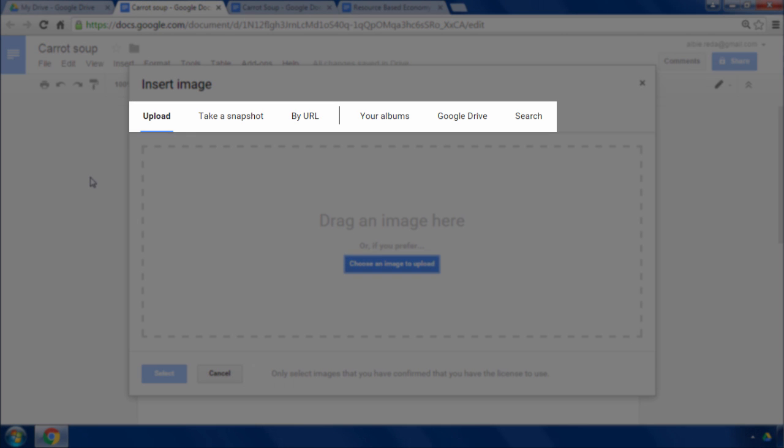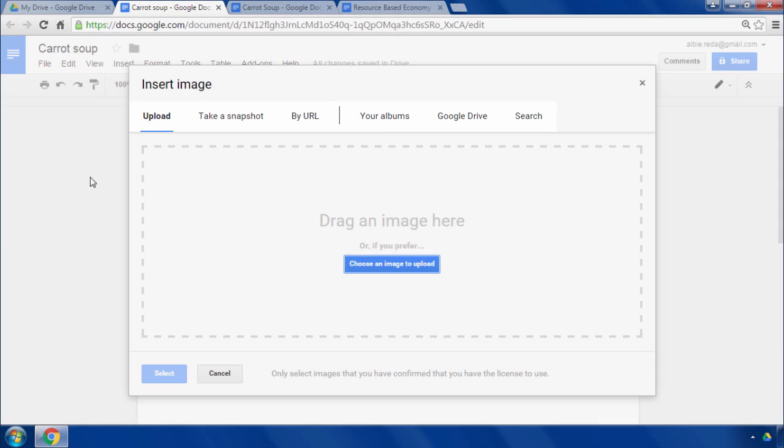On the top of this panel, we have different input options, including taking a snapshot, typing the image URL if the image is online, and browsing our Google Drive if the image is there. For now, we'll stick to the first option, which allows us to upload an image that we have on our computer. We can either click the blue button,